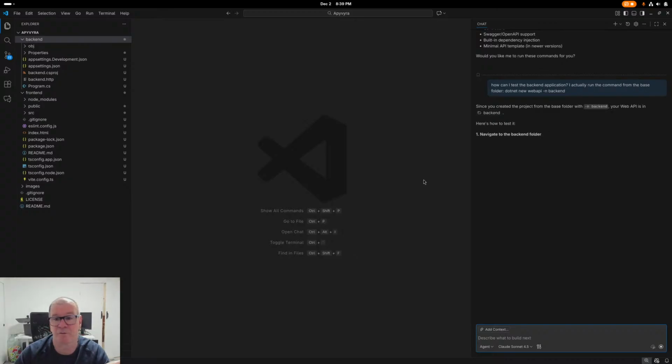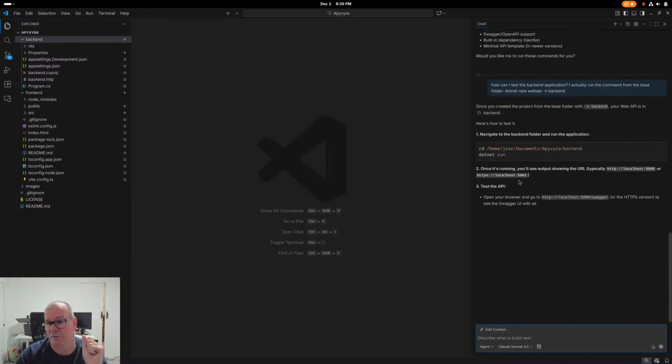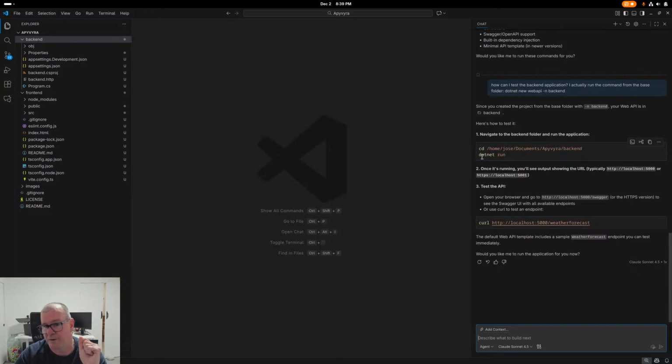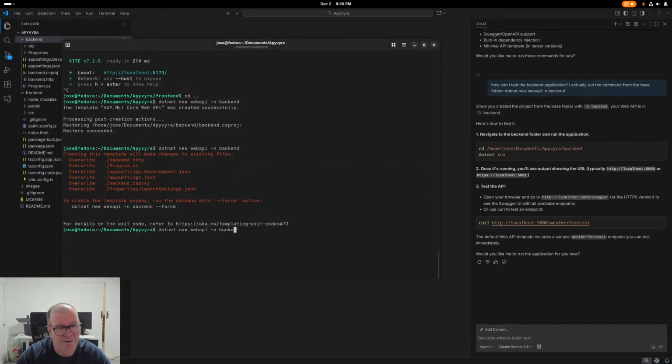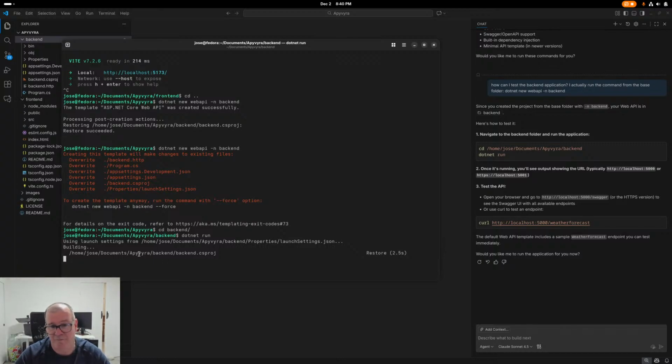Because we already tested the frontend application. Let's test the backend to see if it's working. So it's just to go there and do dotnet run. I forgot about that. Like I told you, it's not what I'm doing every day. So now let's go to the backend. And then we just run dotnet run, because this is a .NET application. So yeah, if everything is fine,